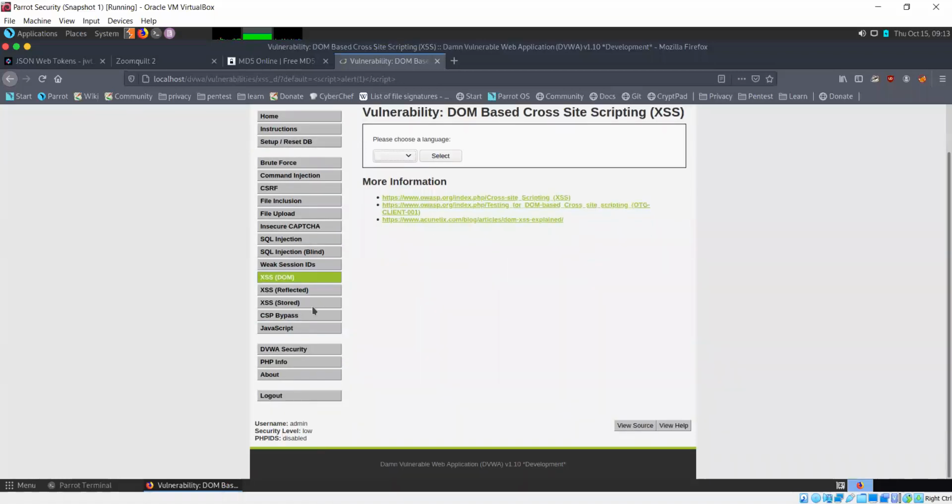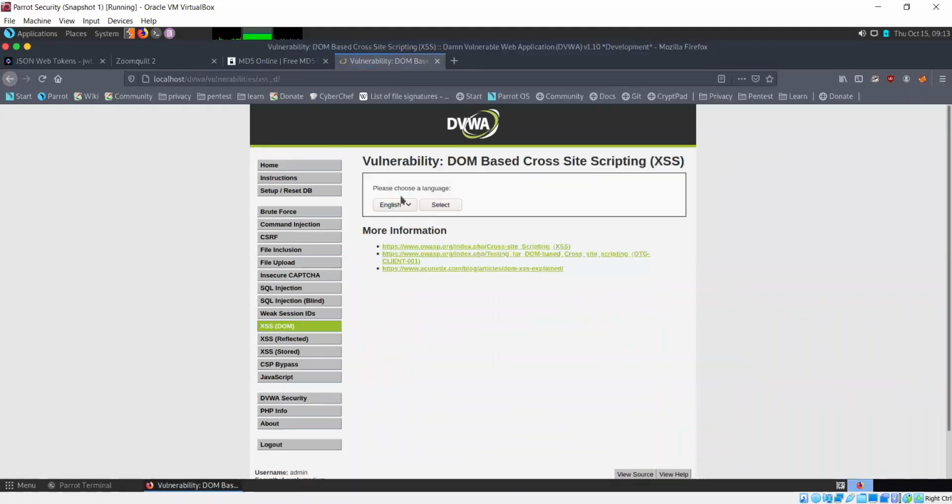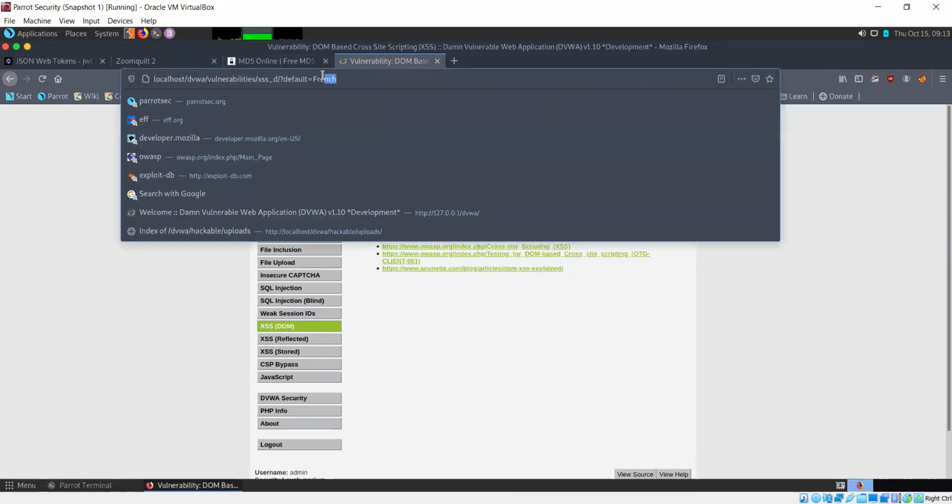Now let's come to the next security level. Let's go back. Language doesn't matter. French, English, whatever you select, default equals French. Now let's try changing it here.